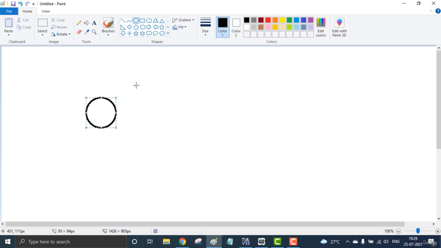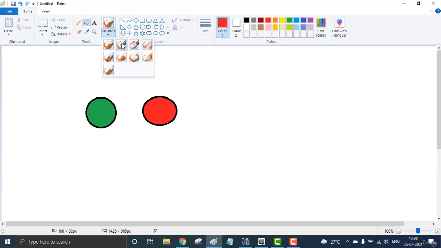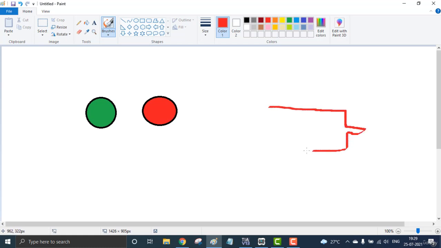We have two push buttons in the DOL starter, one green and the other red. The first one is used for starting the motor and the second one is used for stopping the motor. So this is my motor.